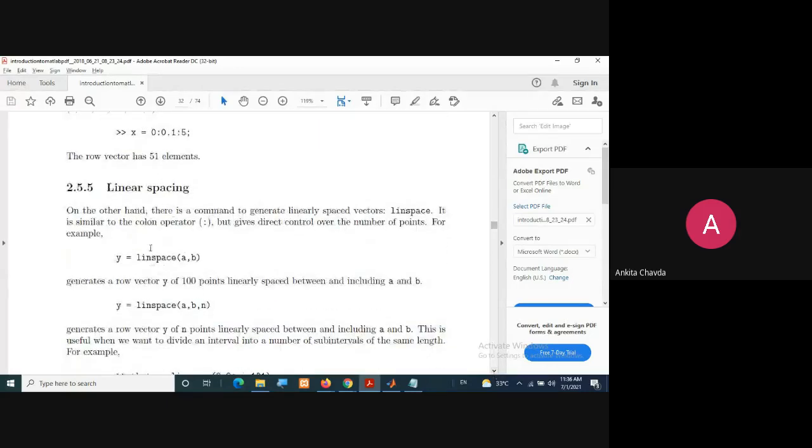So this is what linspace does, and here you are specifying the number of points. Okay.